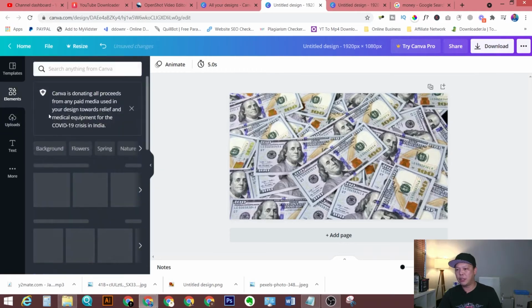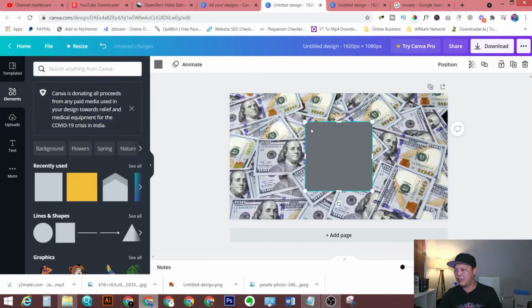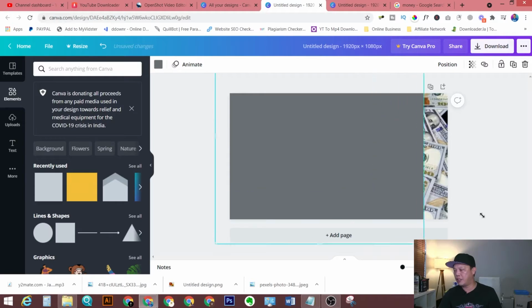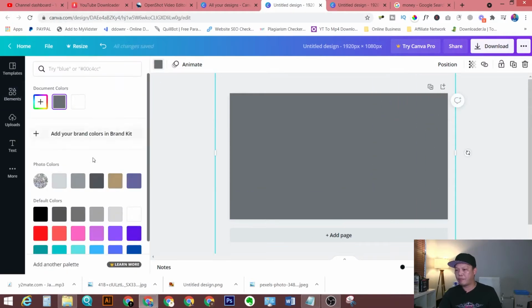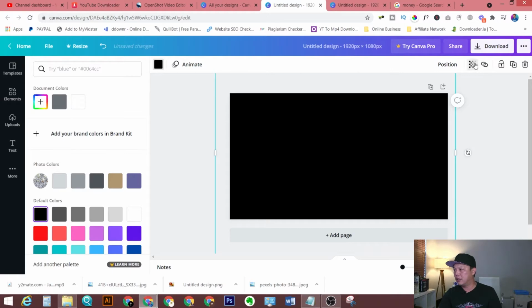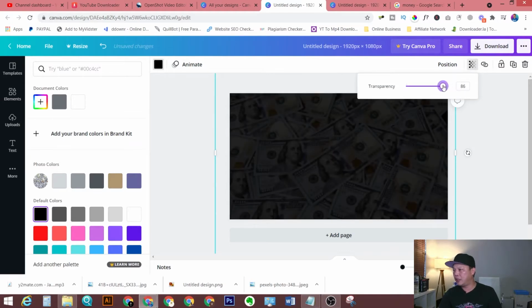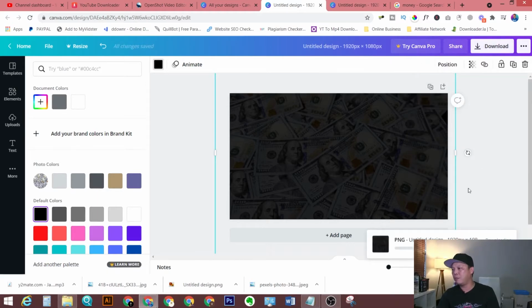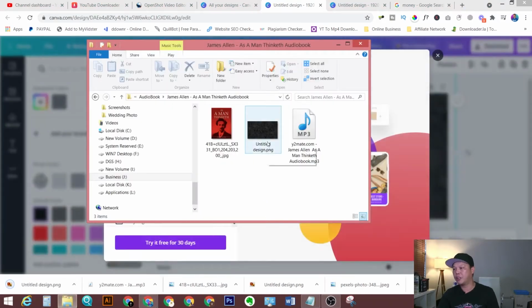The next step, we give it a square element here. Make sure it covers the entire canvas. And make it black, tone down the transparency to around 85 or 80. Let's do 85. Now download this image. This will be your background image. Once you download it, again save it in the same folder. So you have three files: audiobook, book image, and the background image.